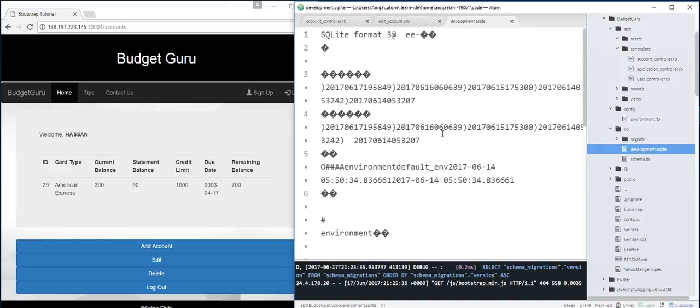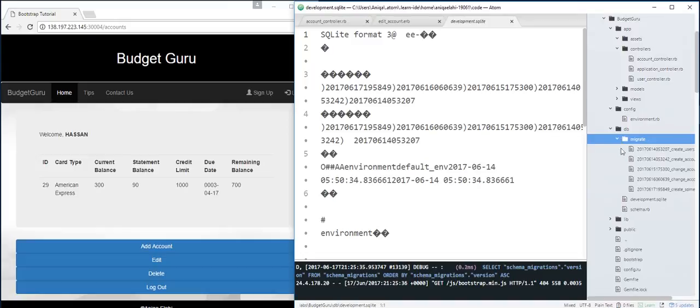It was empty, but once I ran my migrations, it has started having all this data. So you know how the databases work actually. These migrations we use